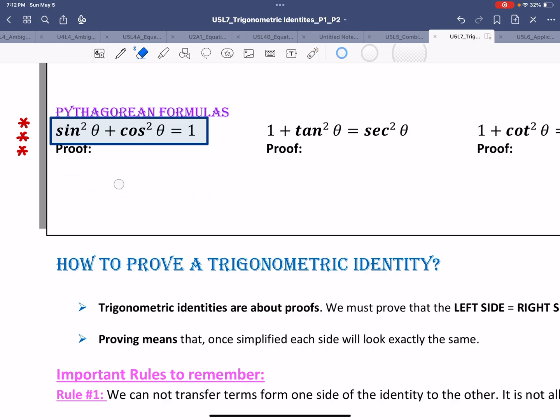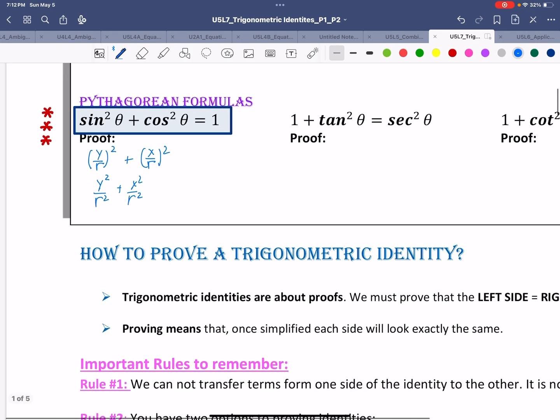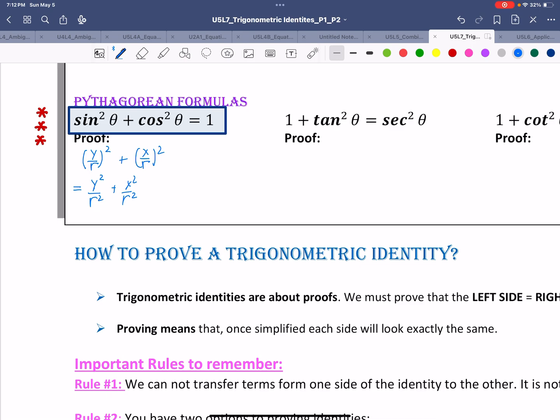The way we have proved it is by replacing sine by the ratio of y over r, because that's what it equals, basically. So sine is y over r and then squared, and cosine is x over r and then squared. Now, that will make the terms y squared over r squared, and x squared over r squared. As you can see, these are two fractions with the same denominator, which means that we can bring them together under the same denominator,